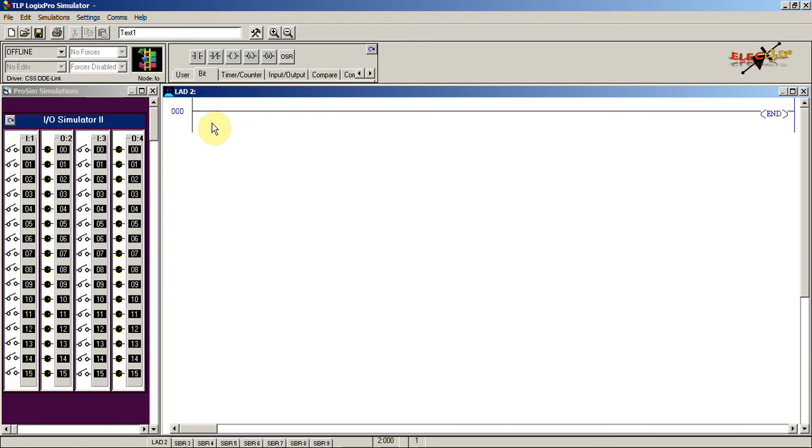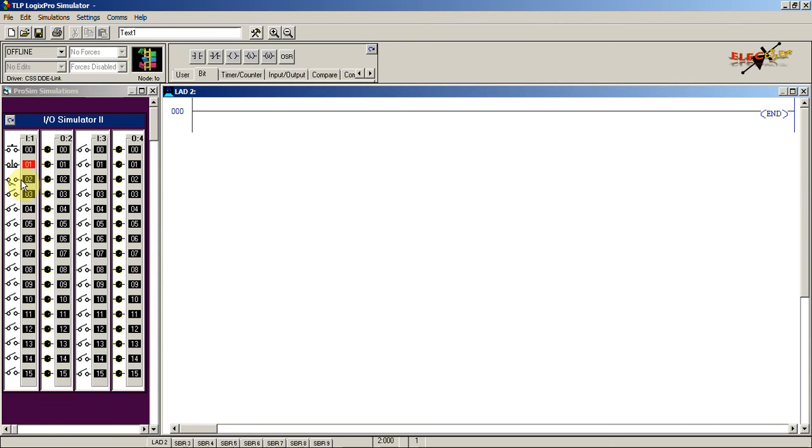For that we will make the arrangement in the program like we will be having a start push button which is connected to terminal number 0. Usually start push button will be a normally open type, and then stop push button will be a normally closed type. We will connect that to terminal number 1, and one more limit switch that we will connect to terminal number 2.